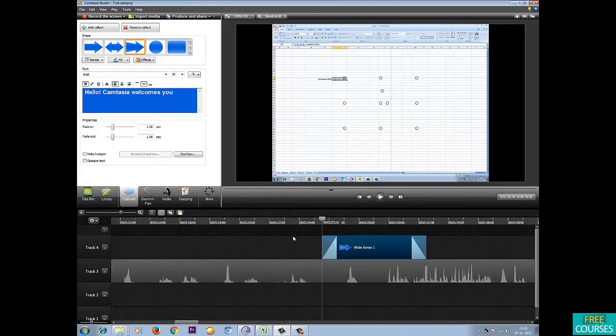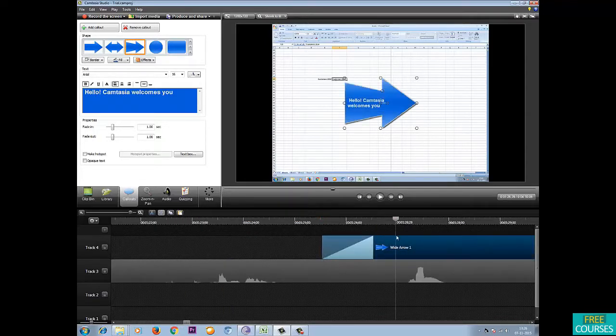Now I can simply change the text by typing it here, like for example, hi, this is a demo video. Now this appears on the arrow, which I can change. The fill can be changed. I can turn it to red. I can give it effects, shadow,